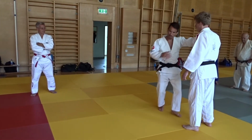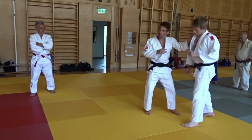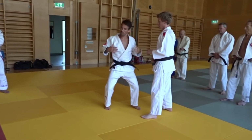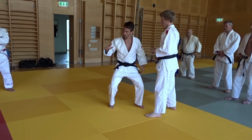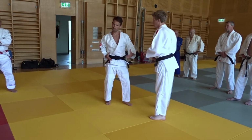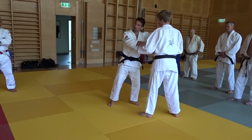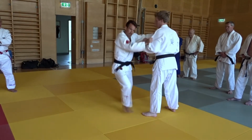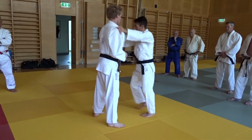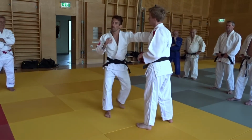So generally, as I go to move my partner, I want a fast movement, and I want to bring myself a little bit lower. Then I want to project my body and my hips around the partner. So I move, just moving around the partner,